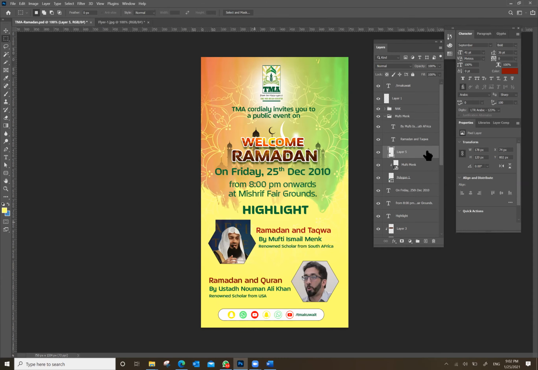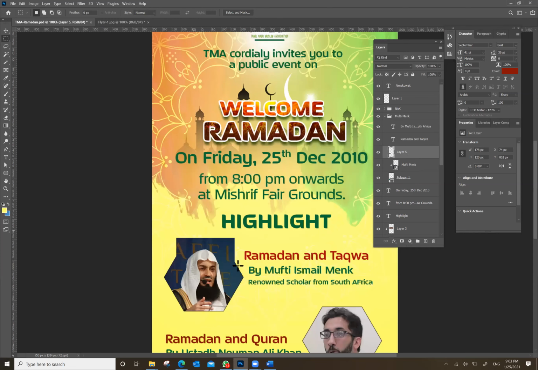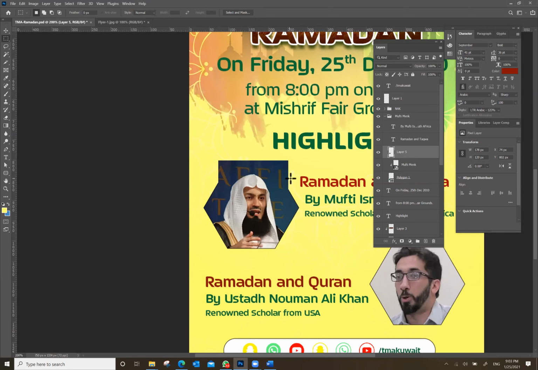Okay, so now there is one layer which came outside the masking area because I copied that layer. I will show you, with the help of the lasso tool, you can use any tool whichever you want. For example, I will select only his head like this and delete the remaining part.